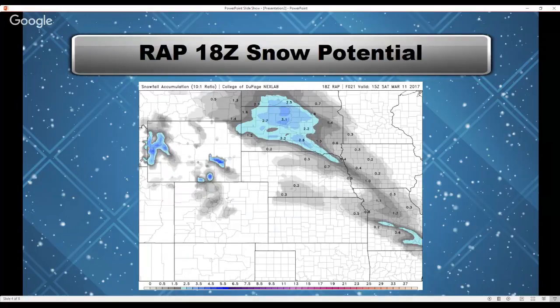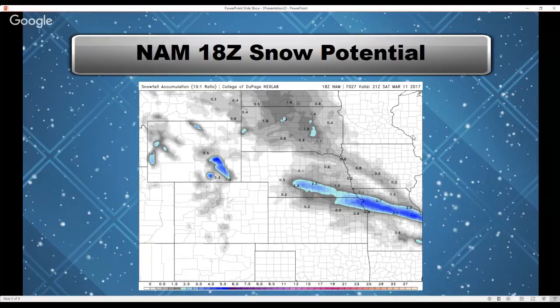Here's the WRF, which is the second model I showed you, the 18Z WRF, and this is a sad but pretty much possible scenario. Unless you hate snow, then of course it's a good scenario for you. I love snow, so I hate it. Basically, it shows people along I-80 getting nothing. In fact, it pretty much shows the entire coverage area getting nothing, with some people just getting a trace or a dusting.